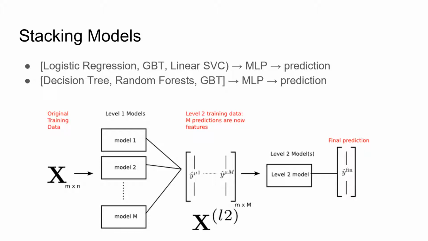After we stack models. One way to stack models is to use out-of-fold predictions on first layer models to serve as features for our second layer model. To illustrate, we would train logistic regression, GBT, and linear SVC models in an out-of-fold setting similar to k-fold cross-validation. Collect the predictions from these models into another feature matrix and use that feature matrix to train an MLP model